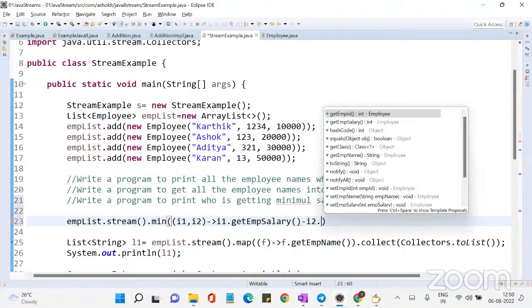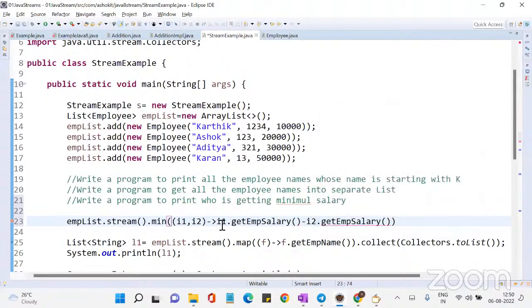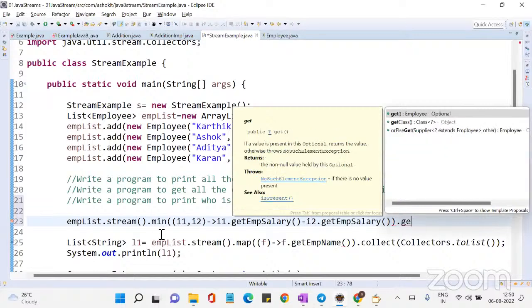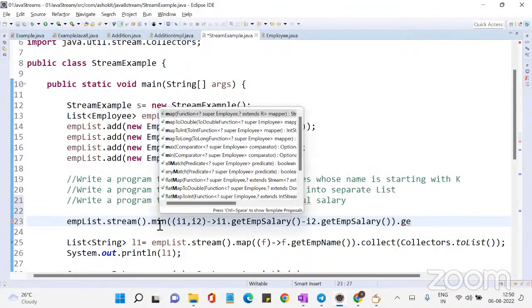Minus i2.getEmployeeSalary. This is an implementation for a comparator, and this comparator will automatically calculate and return an Optional. Look at this min method, the minimum output of a